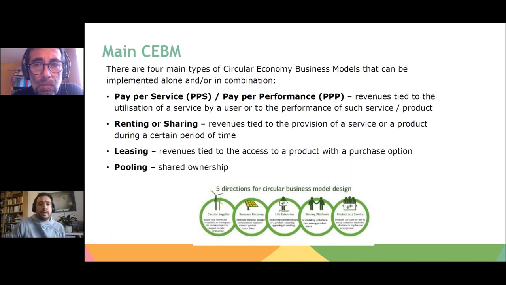Leasing, which is an alternative or a sub-scheme of renting schemes, basically incorporates purchase options at some point, which for building construction and also for building refurbishment can be interesting, because at some point the end user might want to own the PV system that I was mentioning, or even pooling, which means shared ownership, which